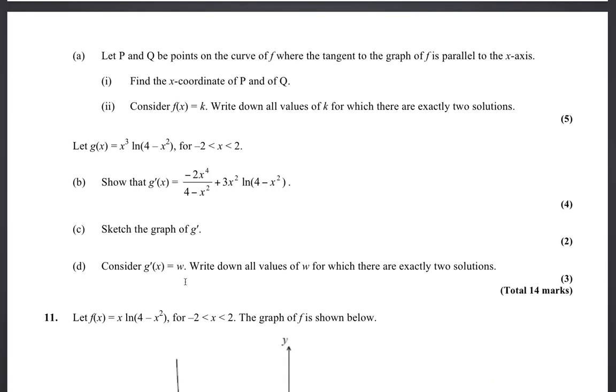So G solve maximum, the y coordinate is 2.69. So let me find, yeah, 2.69. So if k is 2.69, that y equal 2.69 will touch the g dash at exactly 2 places. So that is one solution. And also,